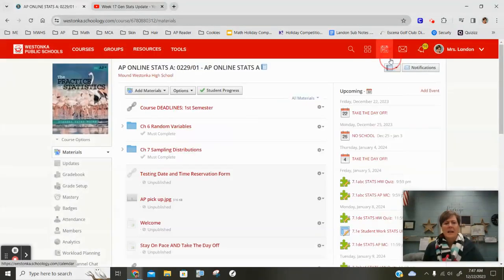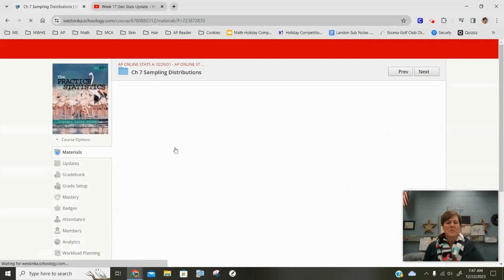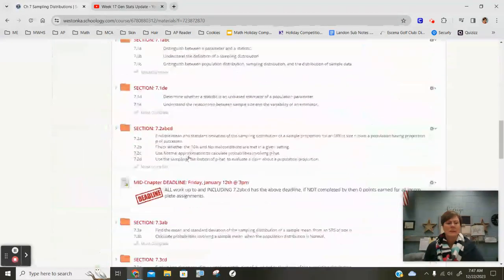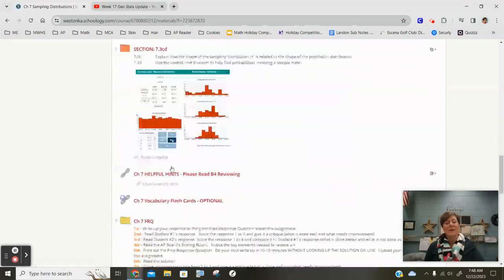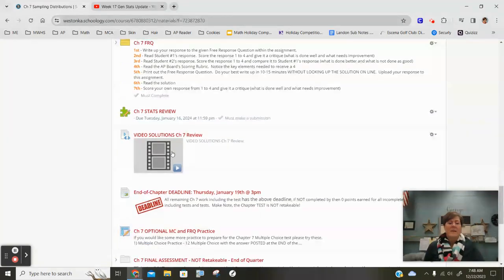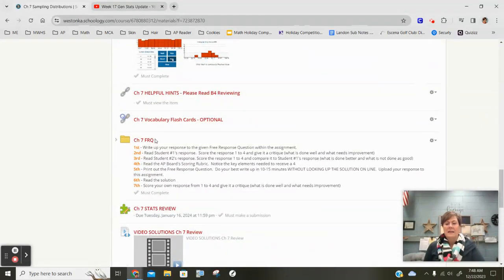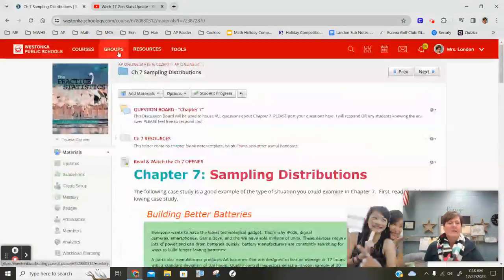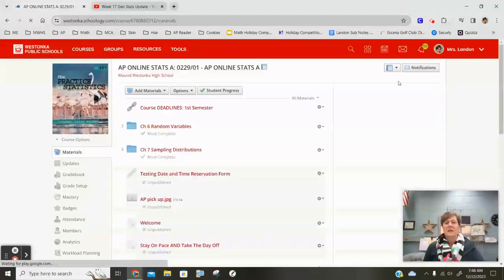Now, this one does not actually have a mid-chapter free response to it. So if you take a look at the deadline this way, your deadline is basically going to include sections 7.1 and 7.2. All of that material is what needs to be done by Friday the 12th by 3 p.m. Then to get ready for the test on the 18th, just finish up your learning on 7.3. I definitely, as always, recommend you do the reviews. Here are my video solutions if you want to take a look at that. And then I will see you on, I think it is the 18th we have for the scheduled testing date on that one. Just double check.